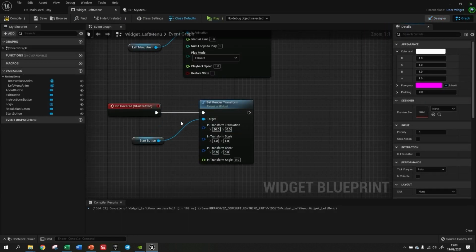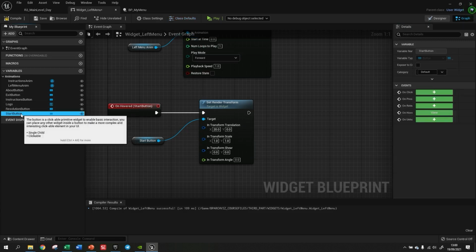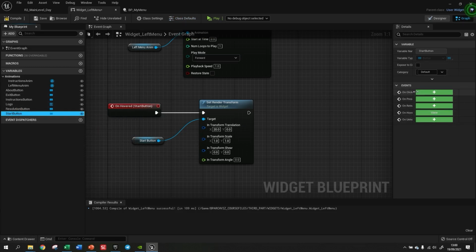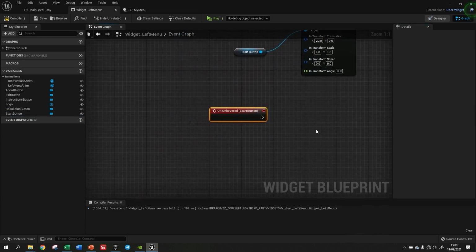Okay, but this is going to be sufficient, I believe. So when I hover over it, it's going to move 20 pixels to the right. When the mouse is not over the button anymore, it will move to its initial position. So I need to create our event for that. And if I click the start button, it will also enable our preset events. Okay, so I can create on